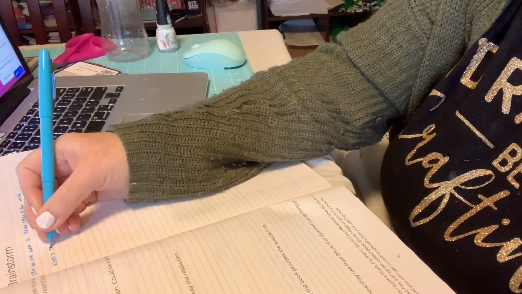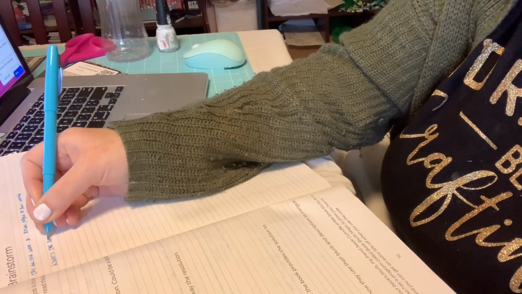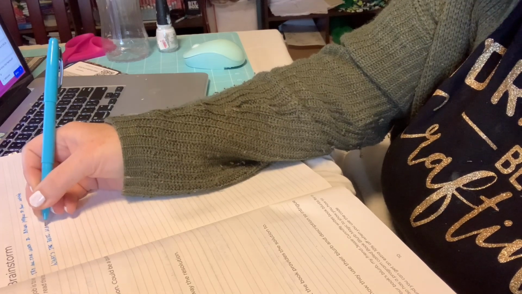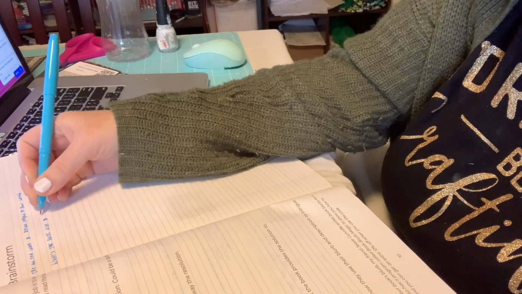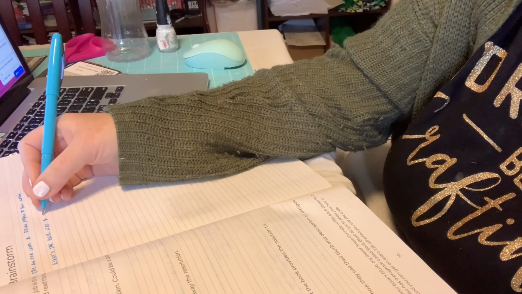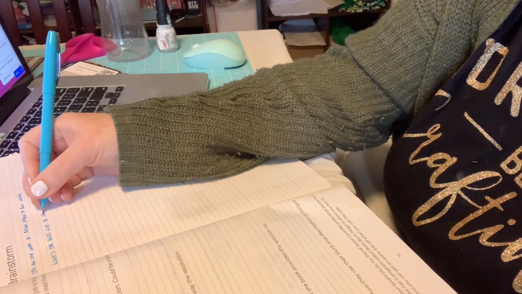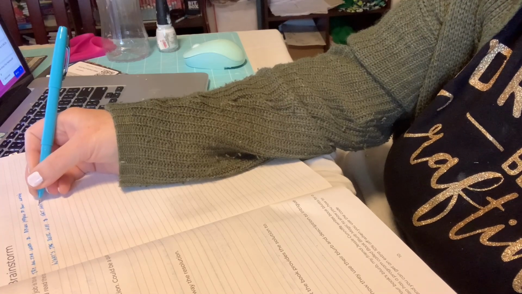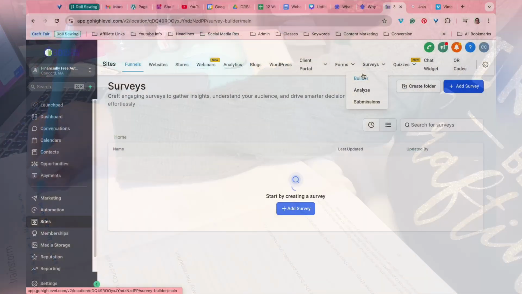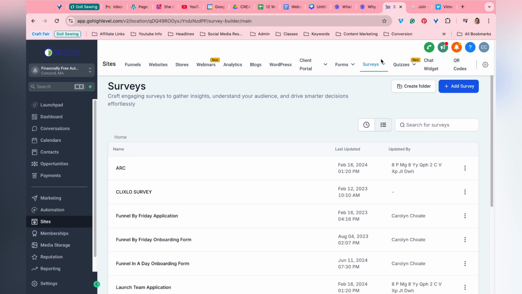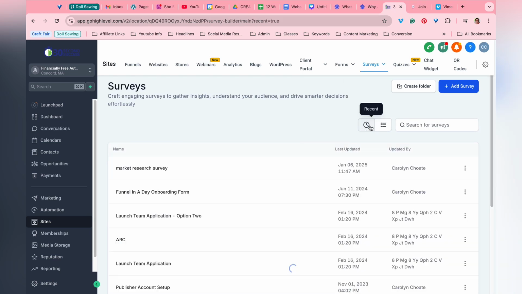I need to actually find out what are the words that people are using to describe this problem. And that is going to make all of this much easier. So I take a break from the planner book and head over to my website to create a little market research survey. So here I am at Go High Level, and I have started making the market research survey,